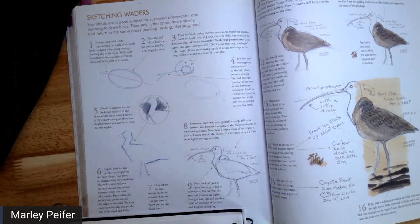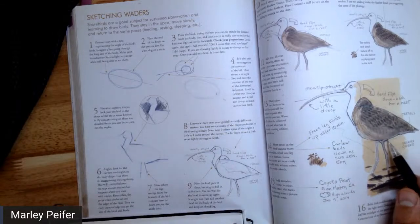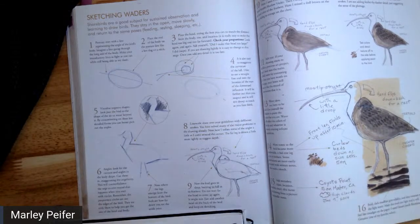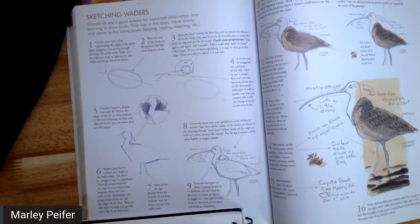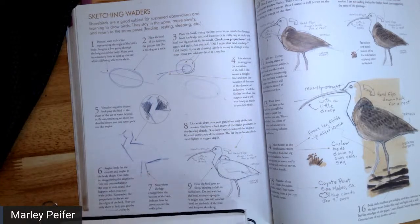And it looks like he's just making 2 lines. This is where these angles can help you locate things. One leg is coming off right here, and he's just starting off with them as straight lines. And the ankle joints are here. And if that's confusing and you think, wait, I thought those were knees,